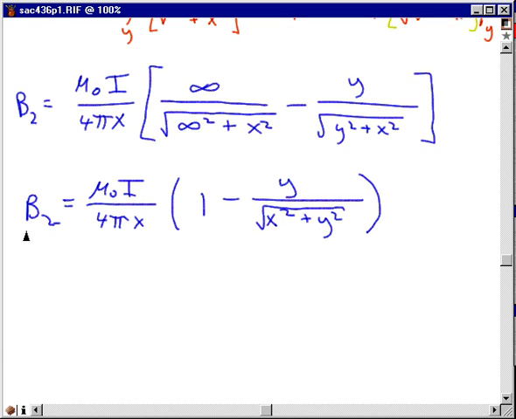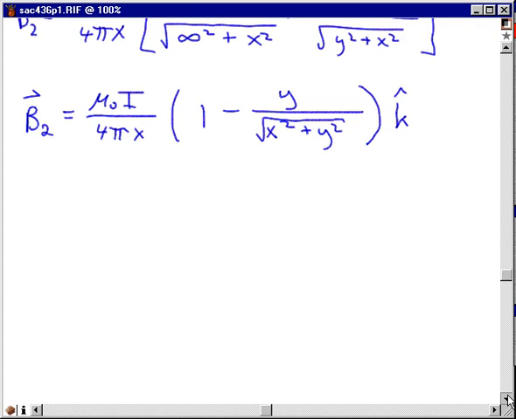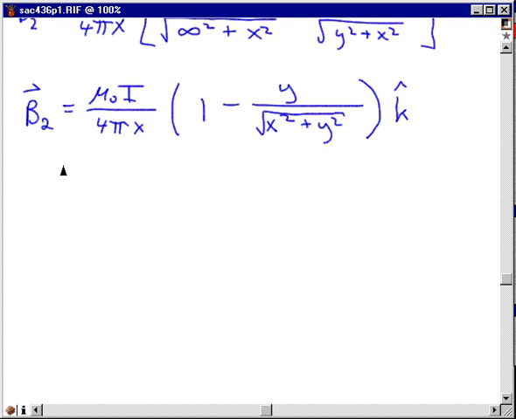I'm going to clean up that subscript a little bit. Doesn't look much like a 2. If I express this as a vector, all I have to do, since we established that all the pieces were making a contribution in the plus z direction, just multiply that by k to indicate that it's a vector in the plus z direction. From part 1,